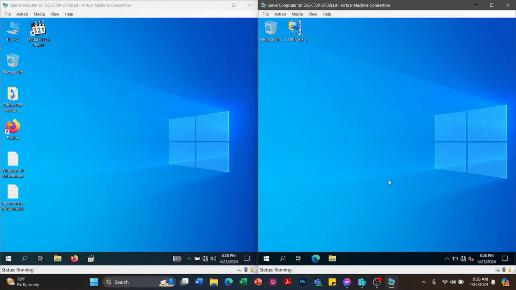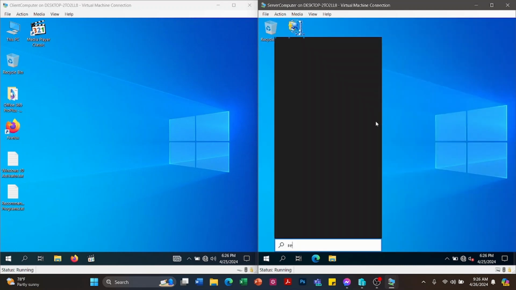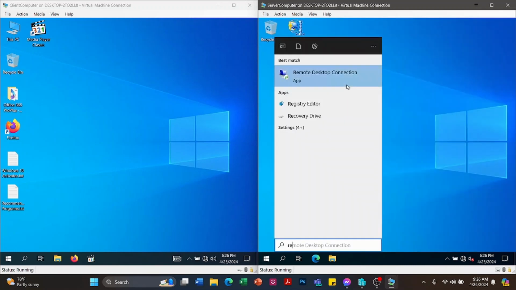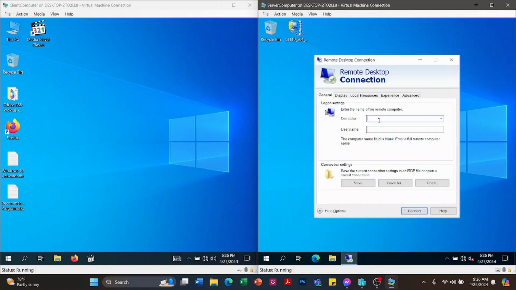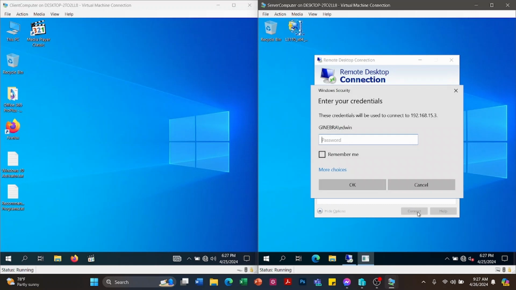So okay, then let's reattempt to access the remote desktop of Edwin. So enter the IP address 203 and enter the Edwin user. Okay, so we have successfully entered the Edwin.